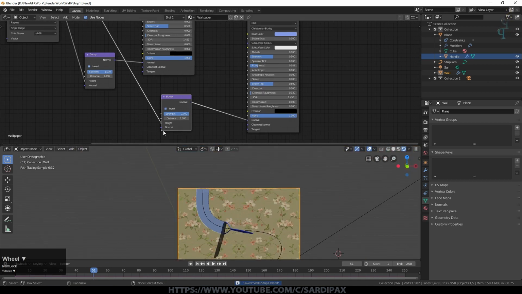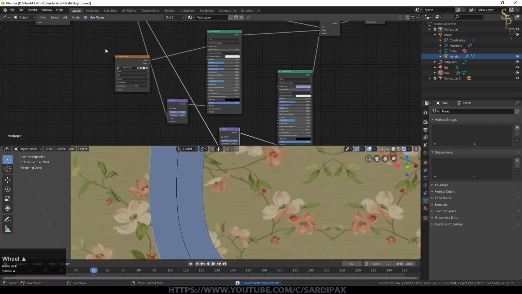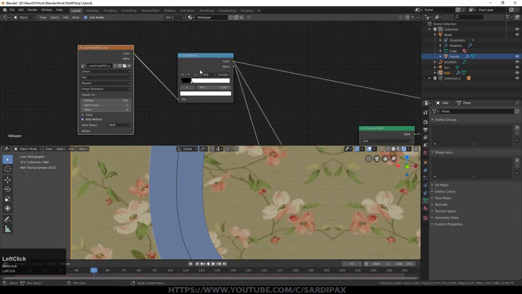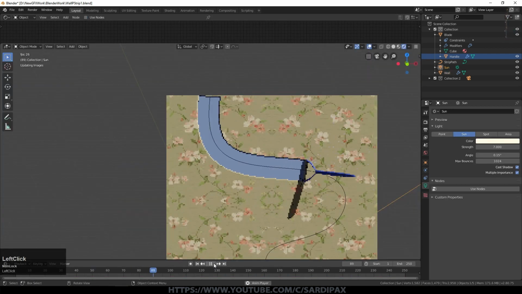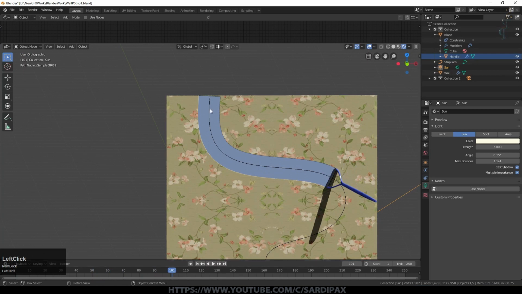If you want to, you can play around by adding a slight blur to this node, then use a color ramp to catch that blur and perhaps put a sort of ripped paper texture. And that is what I did with mine. But for this exercise, I'm just going to leave it very simple like that. That's now stripping away our wallpaper. You can see it being stripped away nicely there. And you can see it's leaving a nice track there.